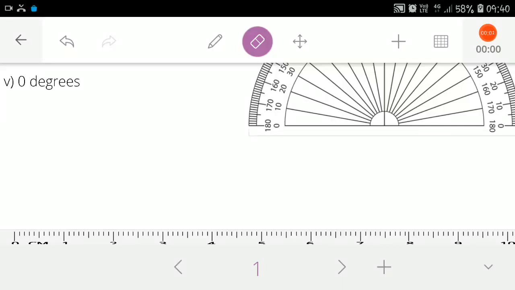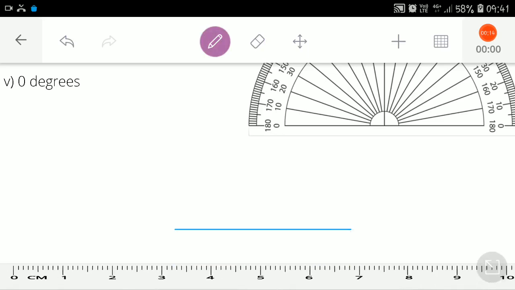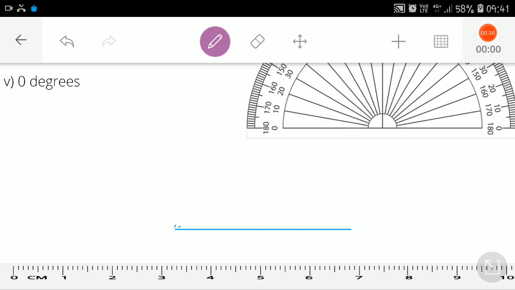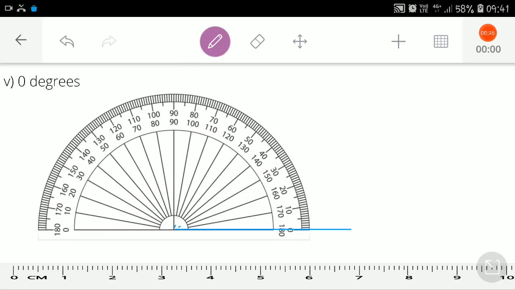Now look at the fifth subdivision. You are going to mark 0 degrees. In order to mark that, first I am going to take a scale and draw a baseline. After drawing a baseline, then we are going to select a point. Then keep a protractor here. Where is 0 degree here? Both the sides. The inner scale also has a 0 and the outer scale also has a 0. But I told you, if it is lesser than 90, the mouth should be smaller. So if it is 0 here, which side are you going to mark? You will be taking this point only as 0.